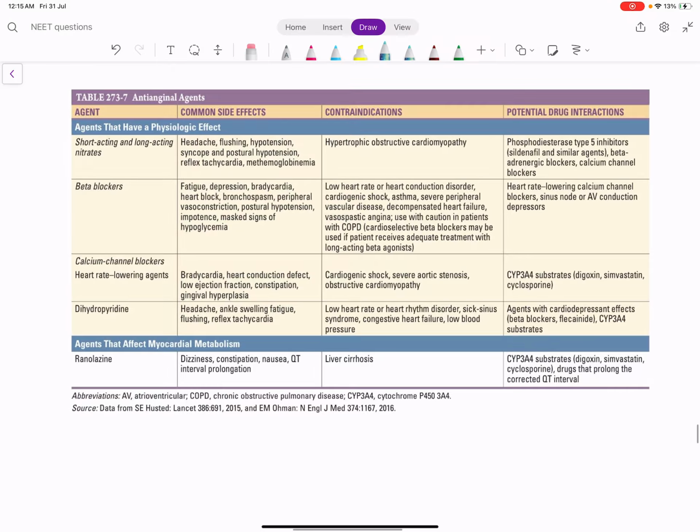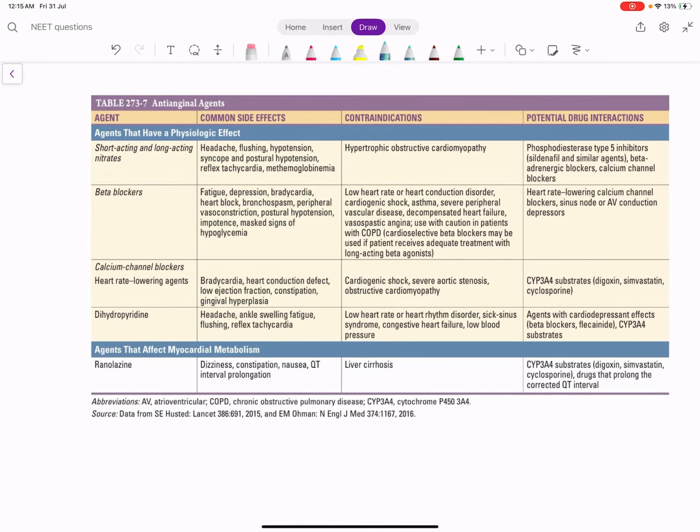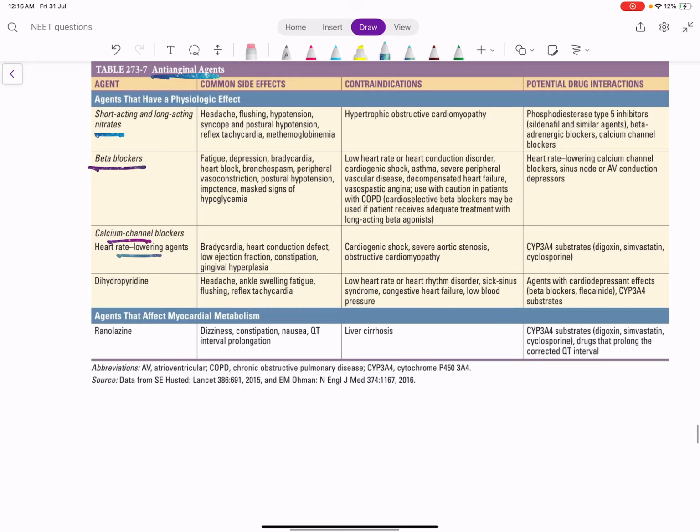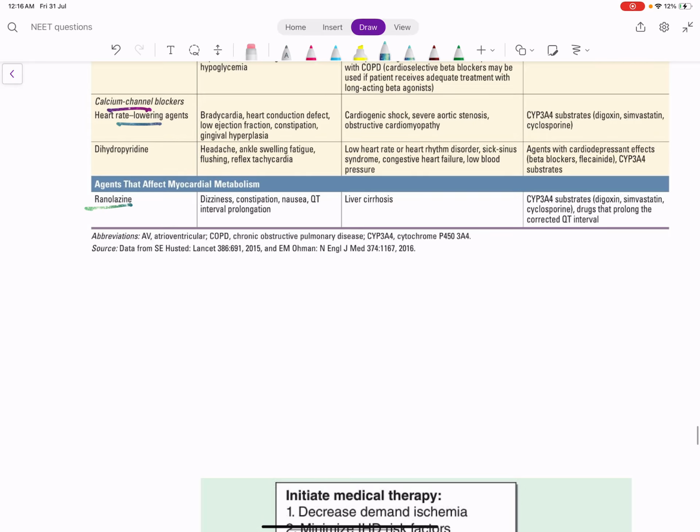What about anti-anginal agents? Remember, this chart is different from the previous chart. The statins, antiplatelets, anticoagulants, etc. are the actual treatment, the pathology changing treatment in MI. Whereas these are the anti-anginal drugs: the nitrates, beta blockers, heart rate lowering calcium channel blockers, that is non-dihydropyridine calcium channel blockers, ranolazine, and we have other second line drugs. Trimetazidine,